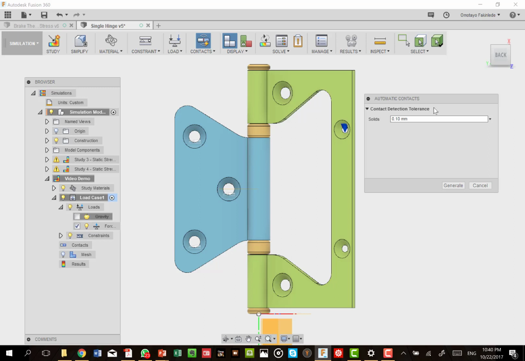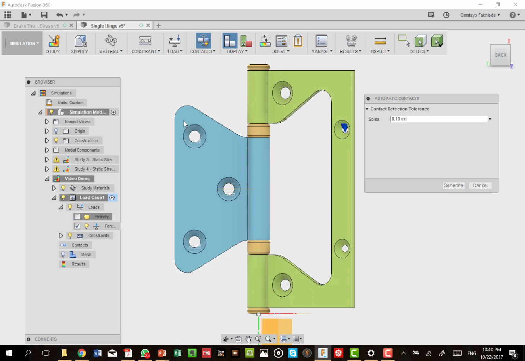contact detection tolerance. Contact detection tolerance specifies the tolerance below which it will assume that the bodies are meeting. If anything is closer to each other right now than 0.1 millimeters, it will make that assumption and generate a contact for them. But notice that there are areas that can be closed here where we do not want any contact.